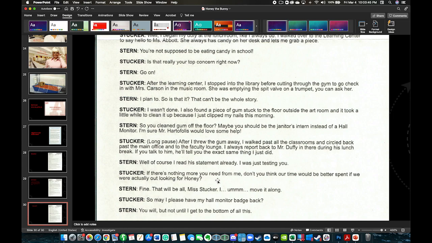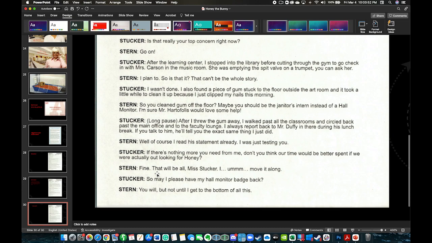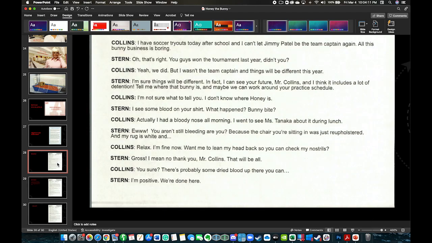If there's nothing more you need from me, don't you think our time would be better spent if we were actually out looking for honey? Fine, that'll be all, Miss Tucker. Move along. So may I have my hall monitor badge back? You will, but not until he gets to the bottom of this. So for her, it seems like everything was on the straight and narrow. So the only other person we have left is,